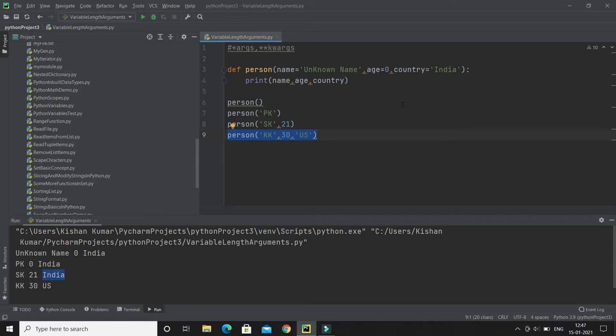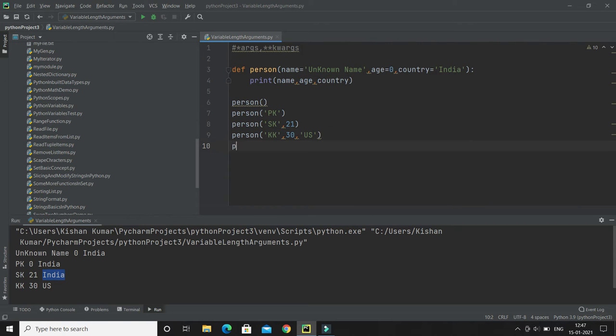So that's how, if you define a function and assign a default value, then that attribute becomes optional, right? Whether you send a value for those attributes or not while invoking the method doesn't matter, the default value will be taken.